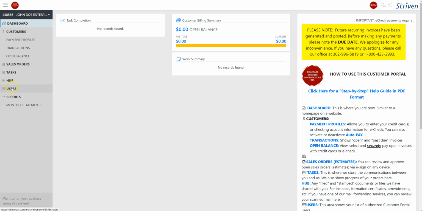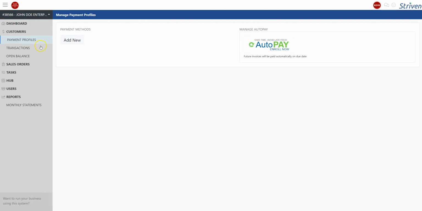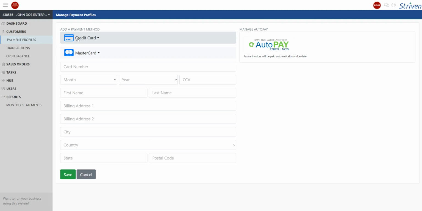And then your customer can have a number of users as well. This section is called monthly statements. So if they want to get a statement of all the activity that's occurred on their account, they can very easily. All right, so if we go to payment profiles, you can see how easy it is to add a